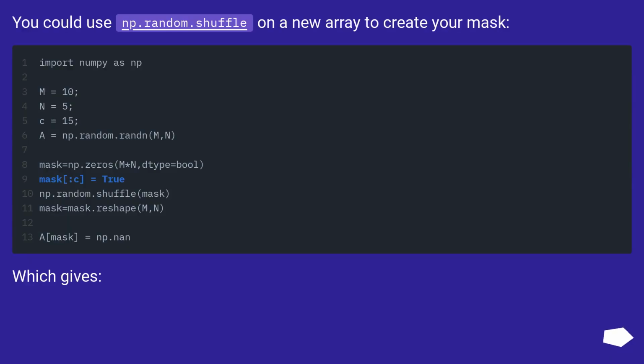You could use np.random.shuffle on a new array to create your mask. Which gives